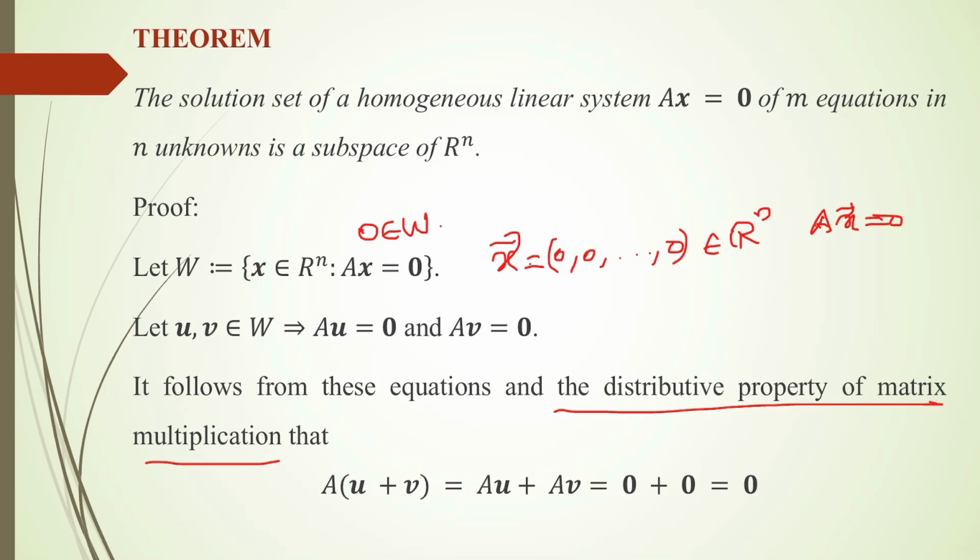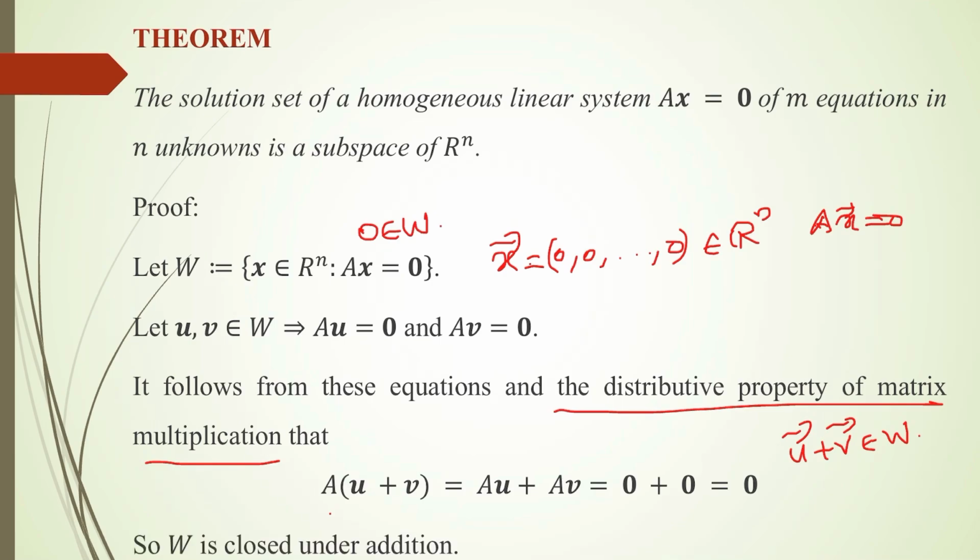So I can write A times vector u plus vector v as A times vector u plus A times vector v, which is 0 plus 0, which is equal to 0. So here I have matrix A times vector u plus vector v is 0. So vector u plus vector v is again a solution of the system Ax equal to 0. So I have vector u plus vector v is an element of W,